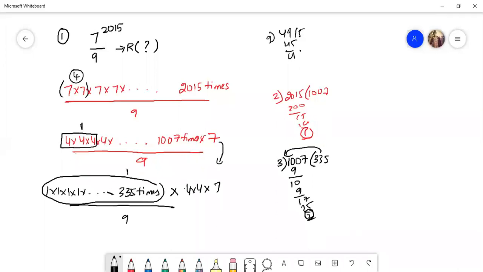So no need to worry about it. So 4 into 4, 16, 16 into 7, or we'll take this value. 7 4s are 28. 28 by 9, 9 3s are 27, remainder is 1. 1 into 4, 4. So 4 by 9, my remainder is 4. Clear? Okay, so I did not use negative remainder at all in this particular scenario.